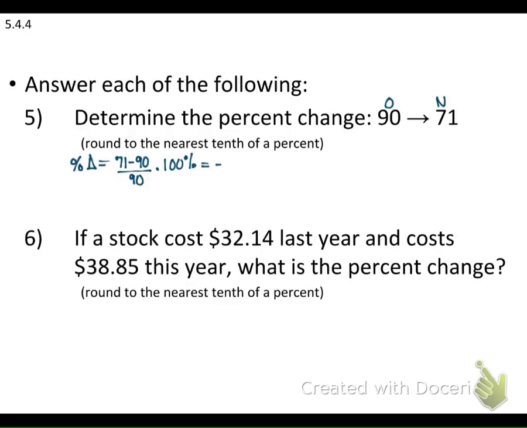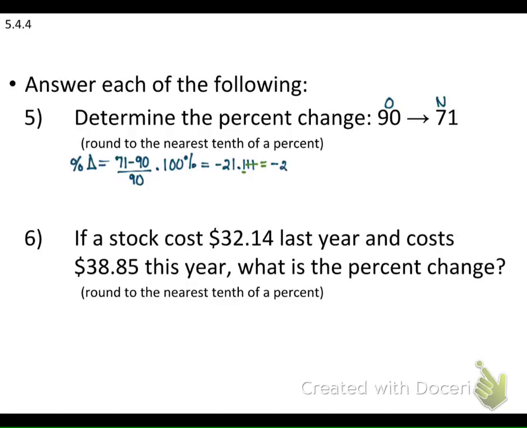Negative 21.111. Okay, now the directions tell me to round it to the nearest tenth of a percent. How many places behind the decimal for tenth? That's the hundredth place. 1. I look directly behind it. Is that 5 or greater? No. Nope, so my answer is going to be